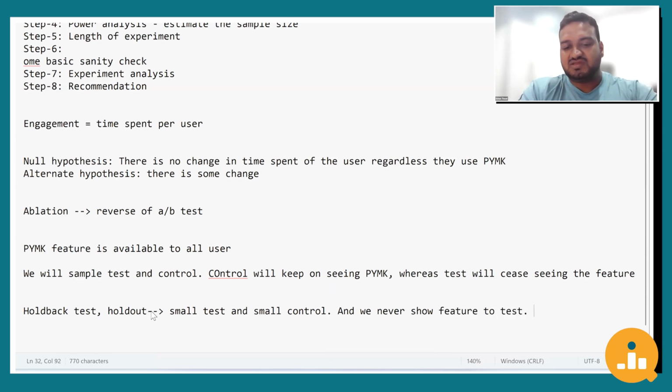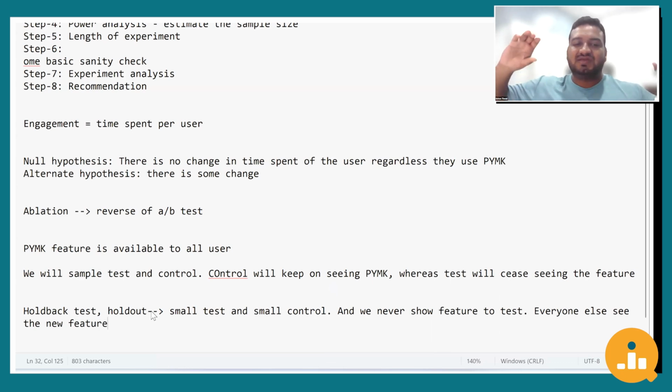Everyone else sees the new feature. And then we basically compare holdback test and holdback control to see if there are some kinds of changes coming. Because whenever there are some product launches, which are generally expected to slowly change user behavior, it takes time. It does not become statistically significant during your experiment. Okay. So generally, these are some common problems